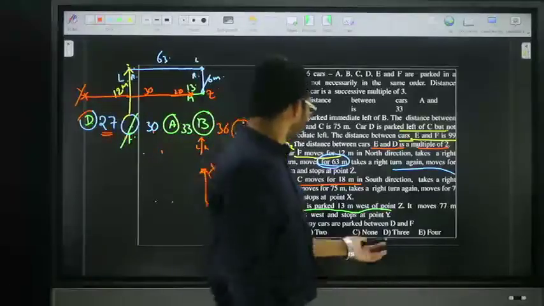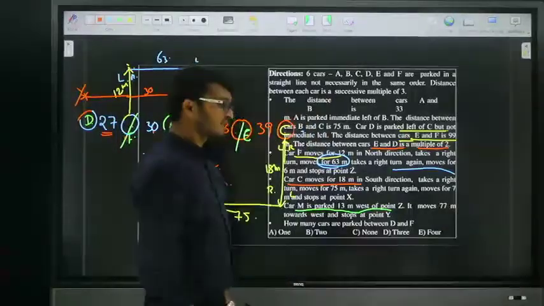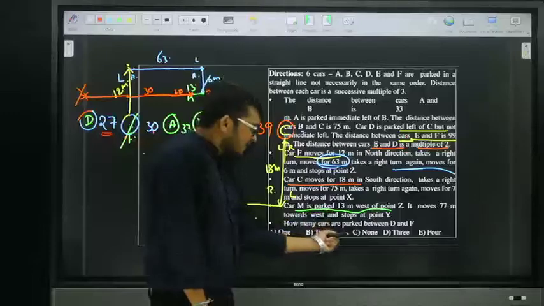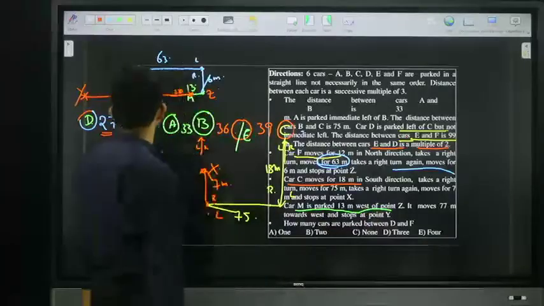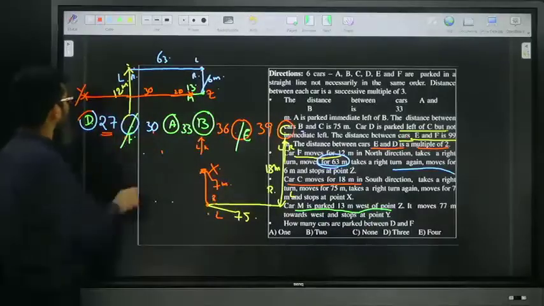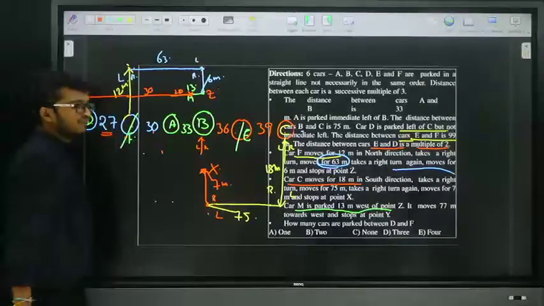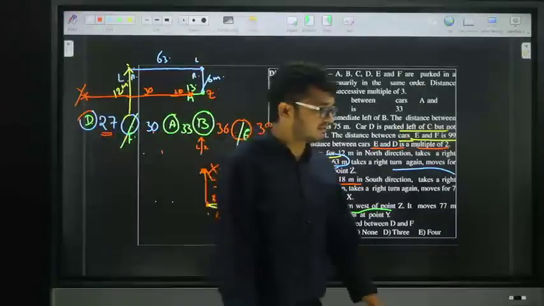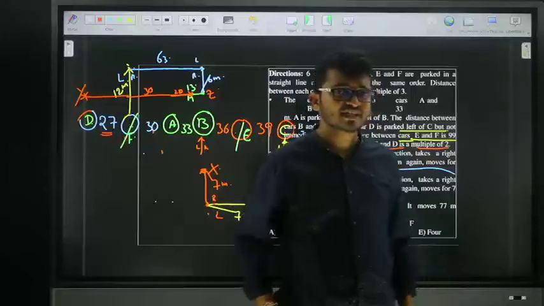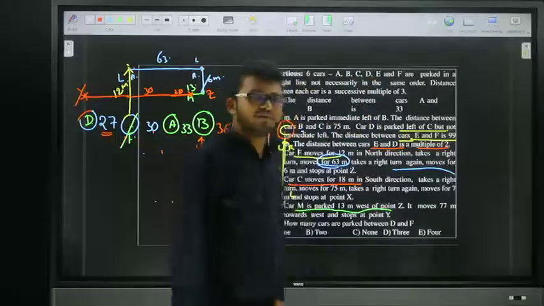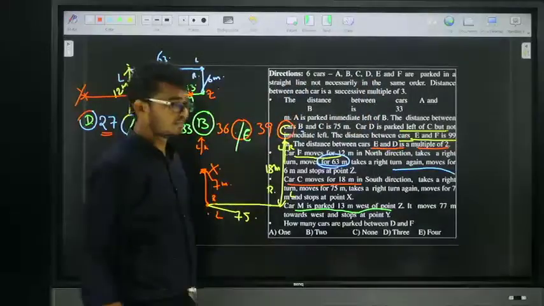Yes. So friends, now what is the given question? How many cars are parked between car D and F? Again, how many cars are parked between car D and F? Between D and F, how many cars do we have? Friends, the answer is